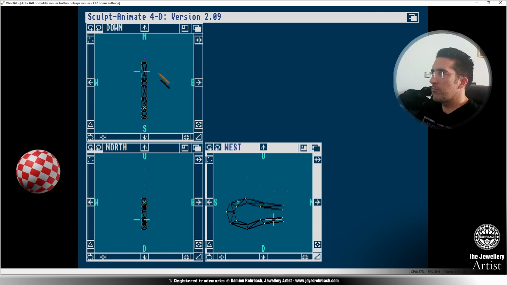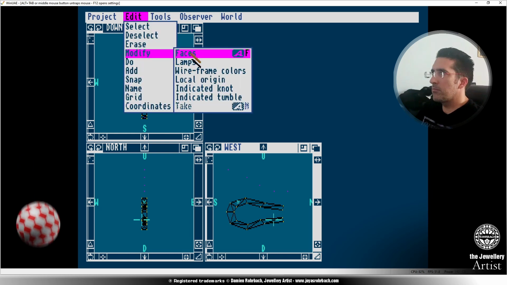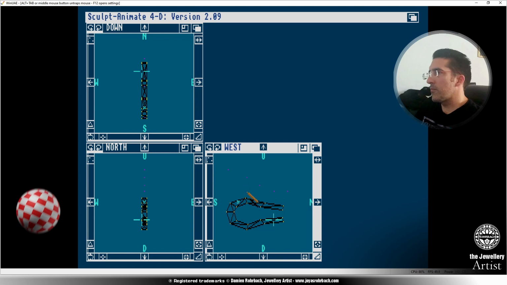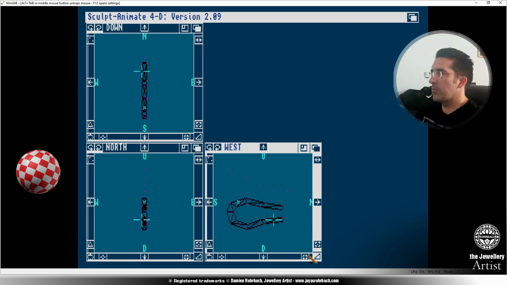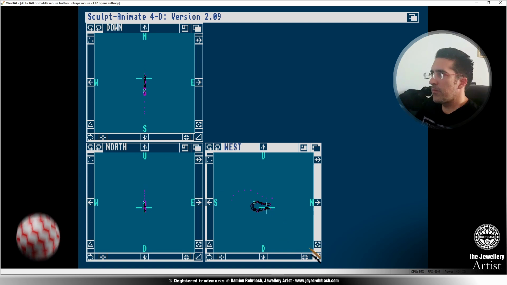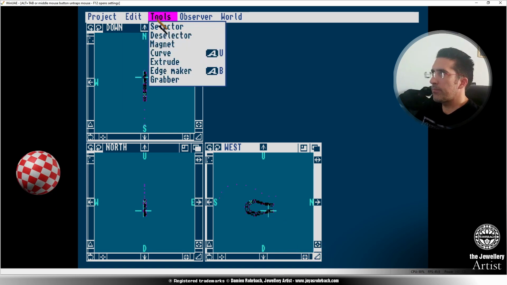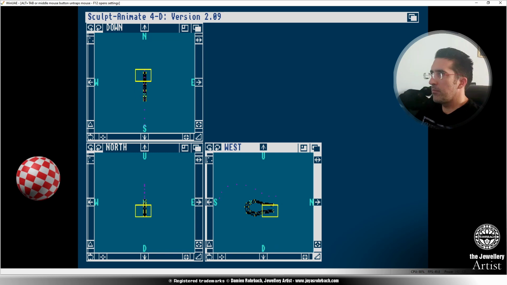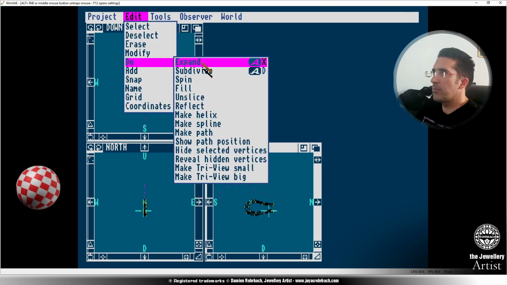And well, somehow the AMIGA went bankrupt when Commodore USA went bankrupt, and it was very fast. And back then I had an AMIGA 1200 with, I think, a Blizzard accelerator, because back then I was already doing a lot of 3D using SCULPT 4D, but then I started using Real 3D, which was, because it's also disappearing slowly, even if many people are using those softwares, because there is a lot of